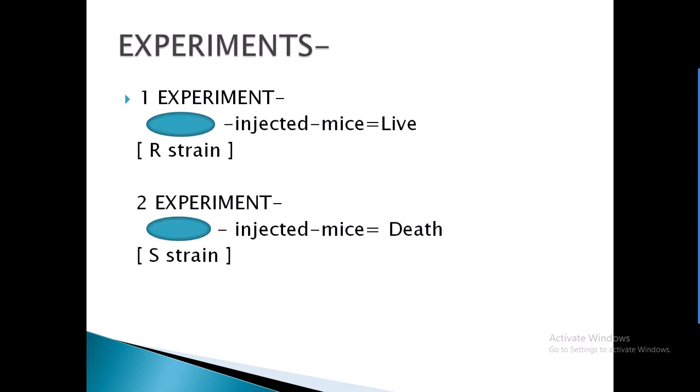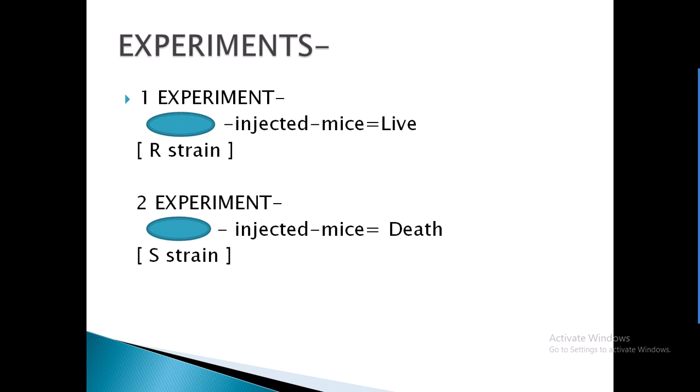Now there were various different experiments conducted by Griffith. The first experiment conducted was that he injected R strain into the mice. As we know, R, that is rough strain, is non-virulent. So the result expected was that this strain will not cause any disease inside the mice and the mice should survive. So here the result was as expected. The mice survived, nothing happened. They just simply lived.